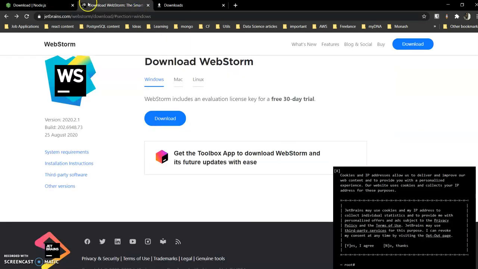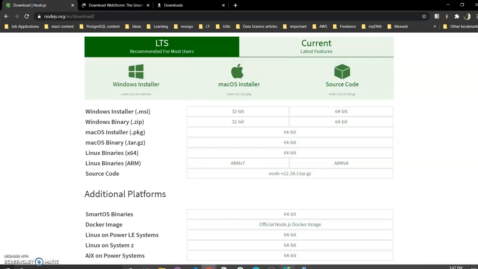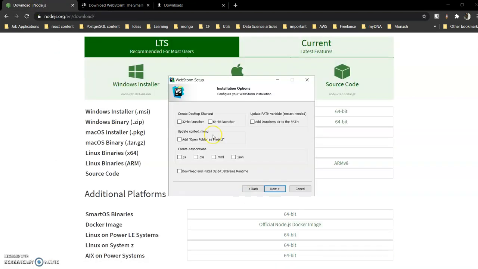So here we began downloading WebStorm and Node, and we began the installation process as well.